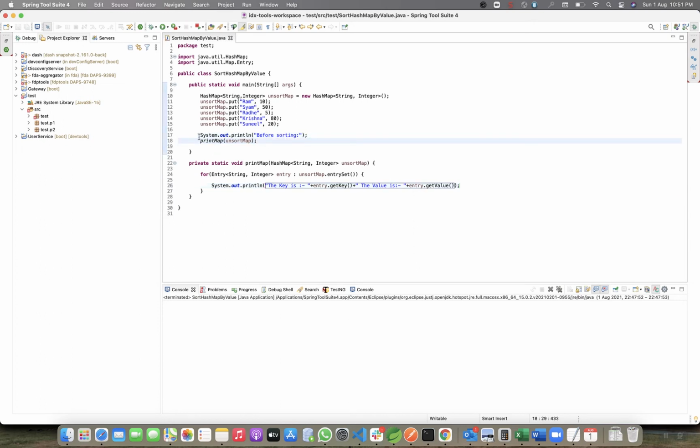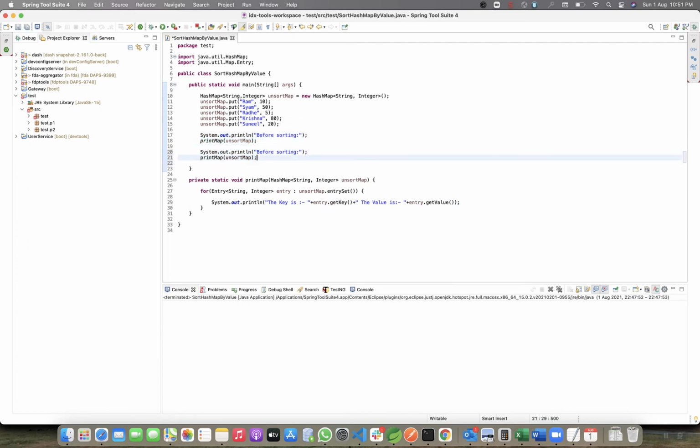Now we'll do some sorting. After sorting we'll call one more method, sort map, and I will pass the unsorted hash map.